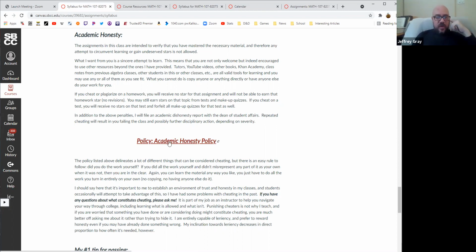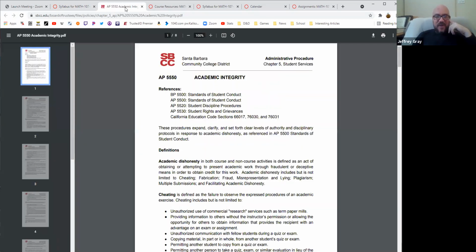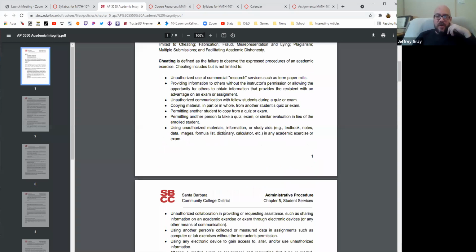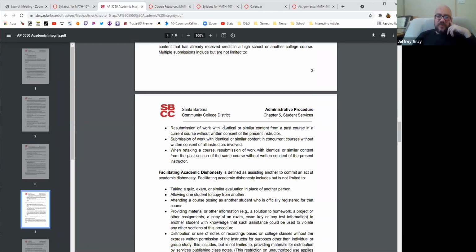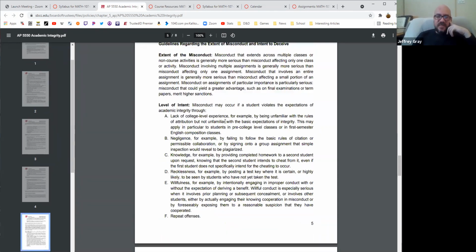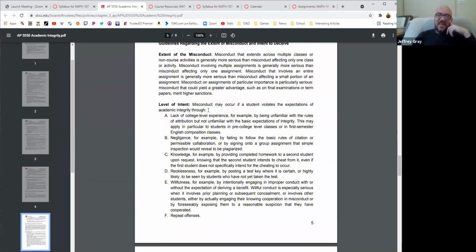This policy right here lists all of the things that are considered cheating at SBCC. It is very lengthy because instead of providing guidelines about what is or isn't cheating, they listed everything in a 100-point list or whatever. Nah, it's probably not 100, probably 50. There you go. It's the official policy.